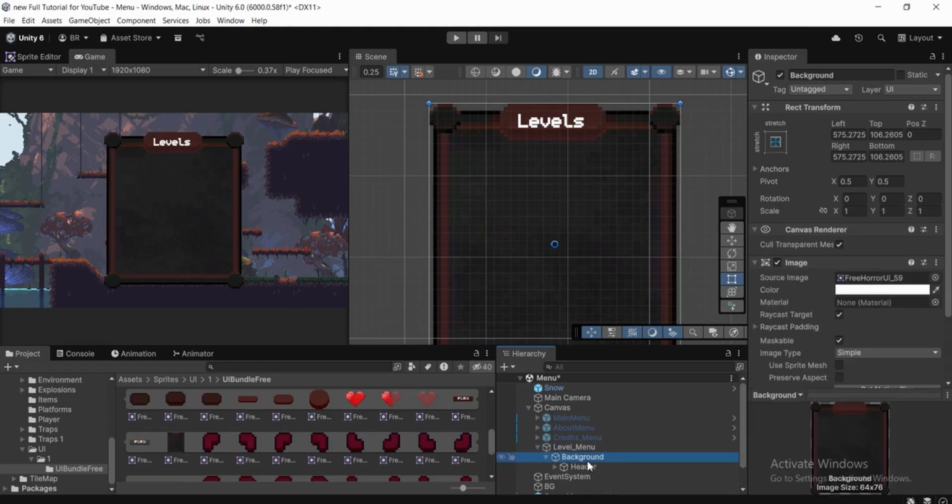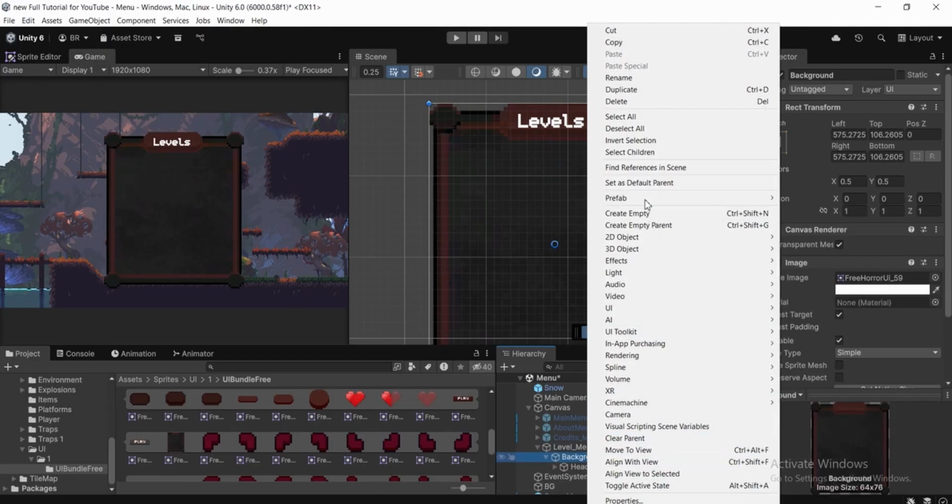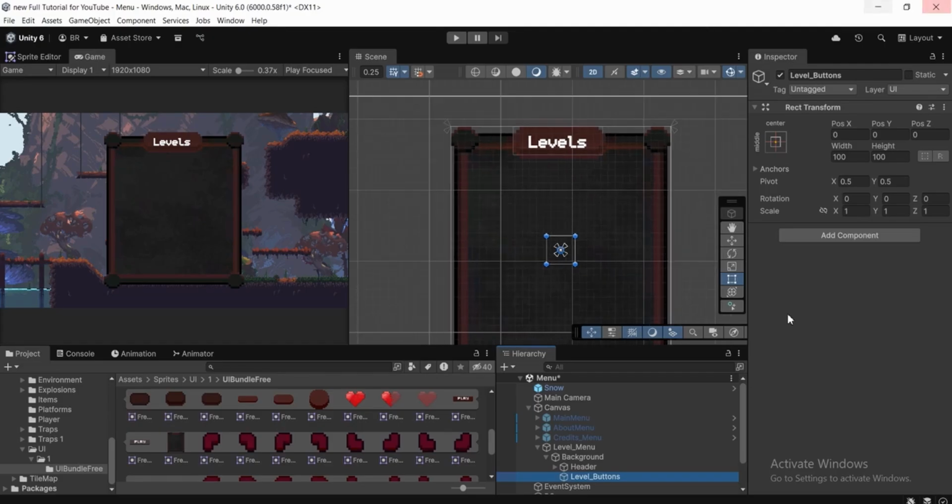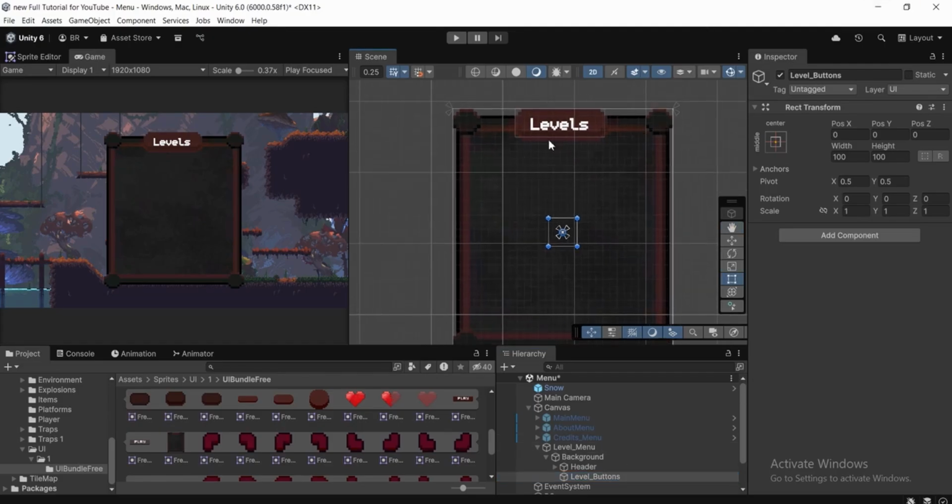So let's choose our background, right click on it, then let's create an empty game object, and we're gonna call this game object something like levels. So levels, or we can call it levels button. Let's call it levels underscore buttons, just like that. And after doing that, we're gonna make this game object the size of our